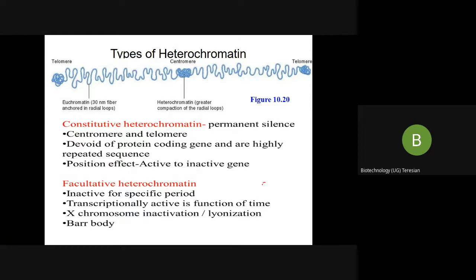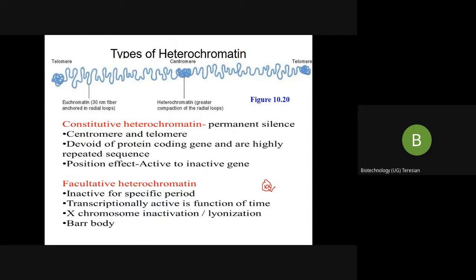Okay, so you know that in the cell we have two X chromosomes, and one of the X chromosomes is inactivated. This inactivation of one X chromosome is known as dosage compensation. We spoke about it, and it is randomly chosen which has to become compacted. Suppose this is chosen to be inactive, it is called facultative heterochromatin, because they don't remain inactive throughout. Again, when the germlines are being formed, these X chromosomes become active again. Hence, they are called facultative heterochromatin.